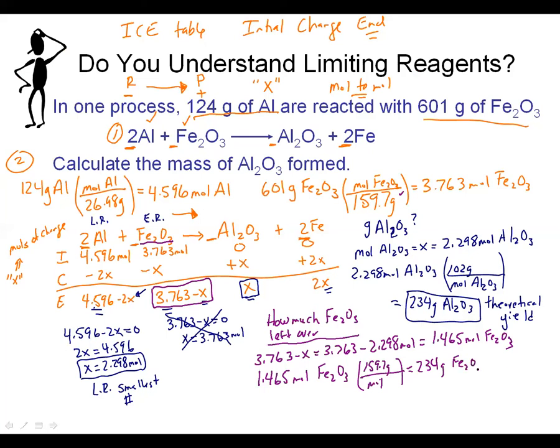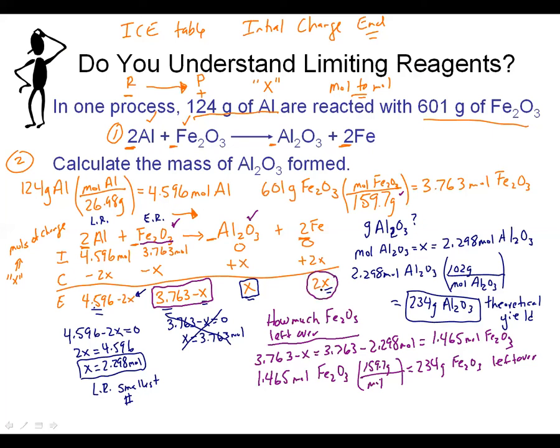is left over. So you can see relatively quickly, because we did this ICE table, we could answer that very common question of not only how much did we produce, but how much of that excess reagent's left over. We could also, if we wanted to, very quickly figure out how much of the other product we would